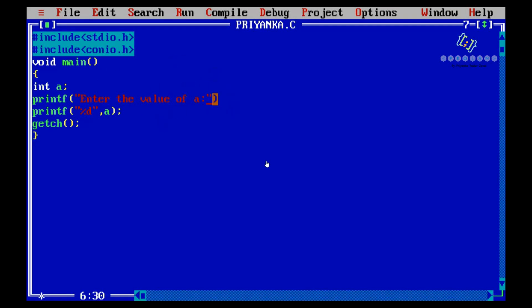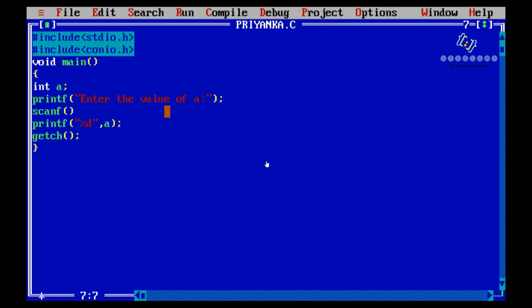So the user will see this message on the output screen. Semicolon. Once the user sees this statement, he or she will enter some value. After that, the value needs to be scanned and stored into a variable. For that I'll be using the scanf statement.